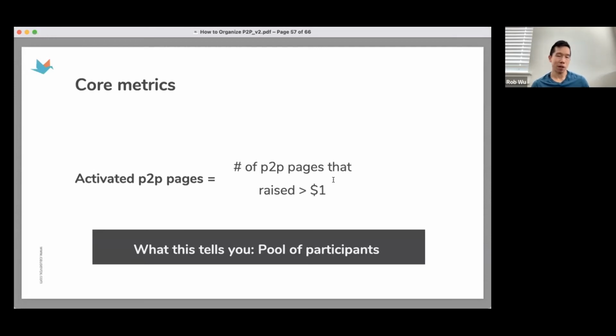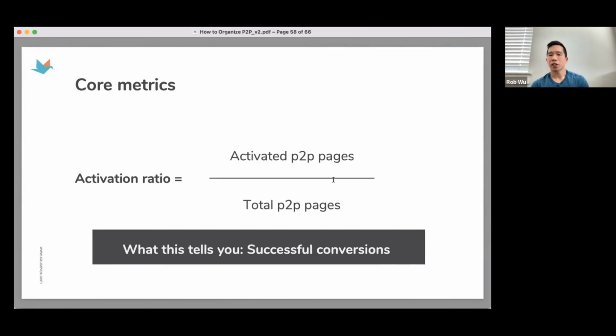Or you might have a platform problem too, or a combination of the two, where your platform's hard to use, it's not working, or maybe folks don't have enough resources or a compelling message in order to go out there and do the fundraising. So this will tell you, hey, I need to build out my fundraising toolkit, or I need to launch a webinar.